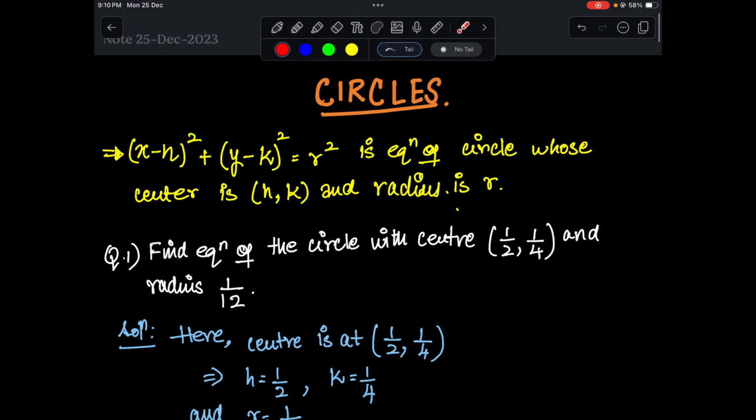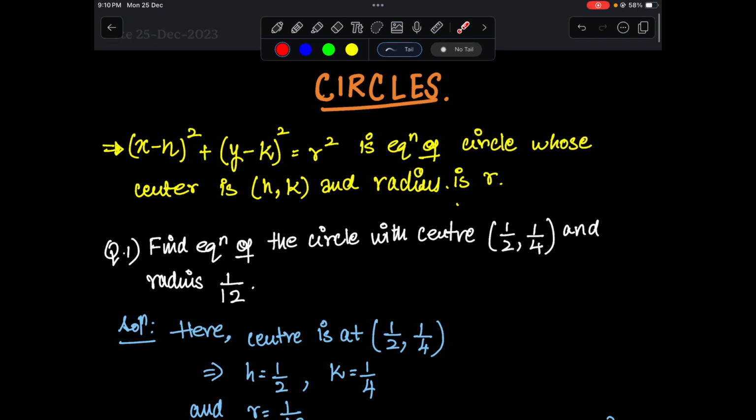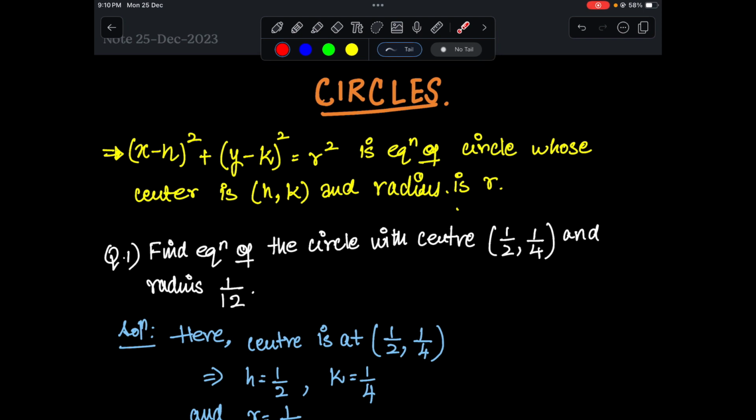Hello everyone. So in today's session I will be dealing with circles for grade 11 and I will be solving few extra problems as well. I can assure you that after seeing this session you will be clear with the circle concept for grade 11 CBSE board. So let us start with the equation of the circle